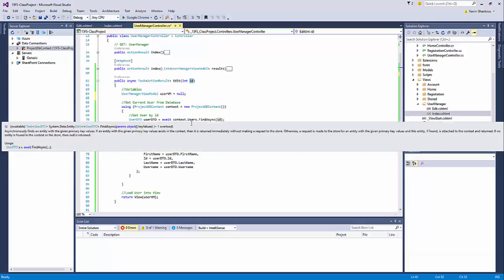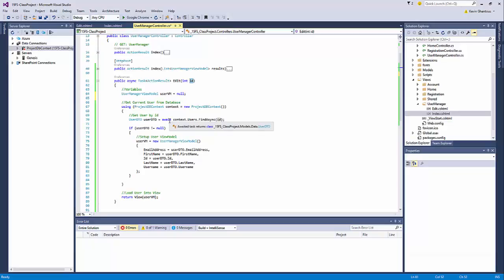Again, this is async, so we need an await, and that's that idea of doing things asynchronously, saving resources, parking processes when we're waiting for the database and waiting for the data to come back. It's those kinds of ideas. So we get our user object, just doing a quick check to make sure we actually got a user, and